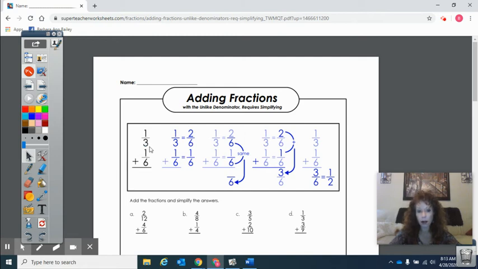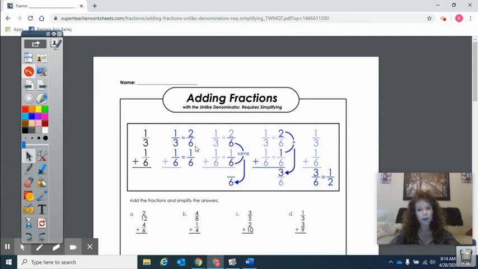So we should remember, hopefully from lessons that we did when we were together in school, we can make equivalent fractions, meaning an amount that is equal to 1/3, but I can change the denominator. And when I say equal to, I mean proportionally, they are equal. So if I cut my pizza into 3 pieces, 1 out of 3, and then I cut another pizza the same size into 6 pieces,